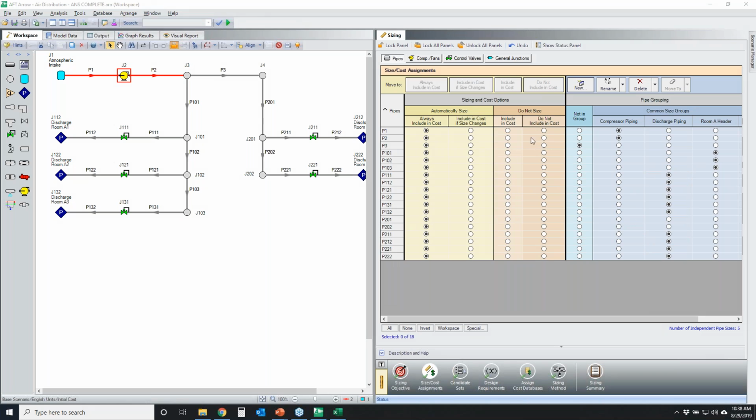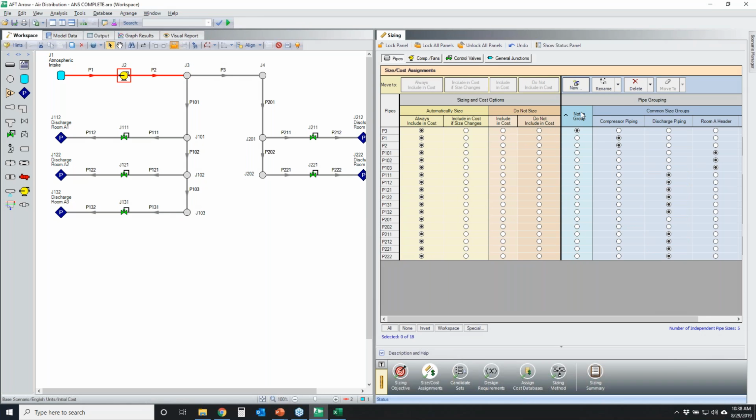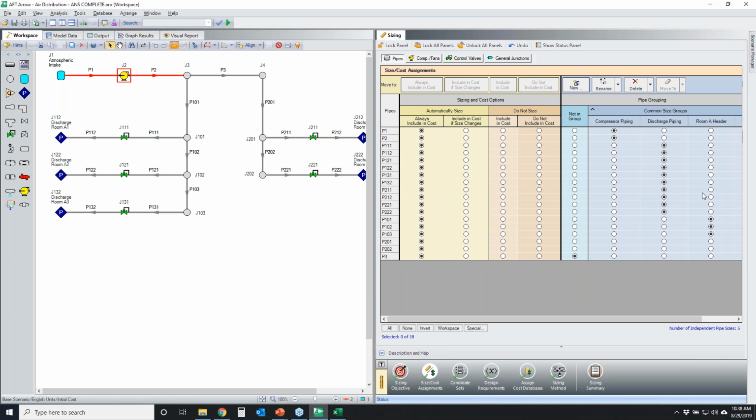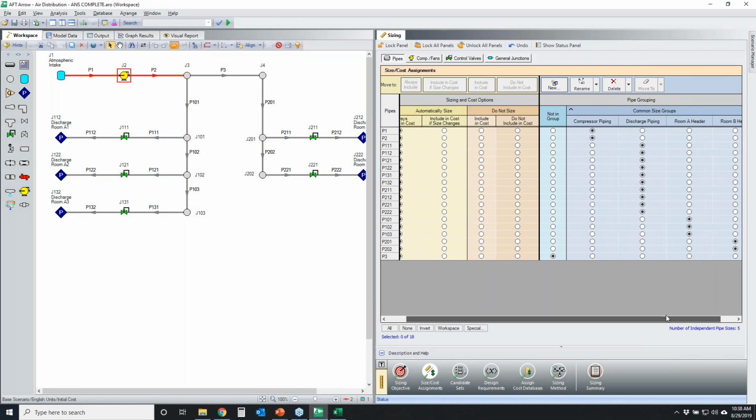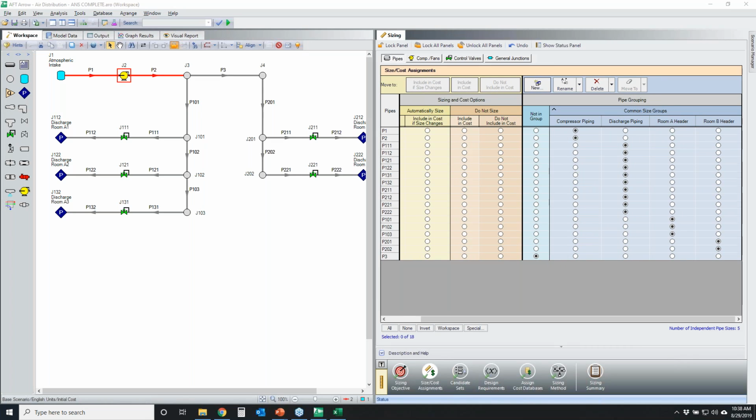So you could reorder things by group. What this will do is sort things by your compressor pipes first, all of your discharge pipes, your room A header, and then followed by your room B header, which is just scrolled over here to the right. So this is really beautiful because when you set up all of these common size pipe groups,